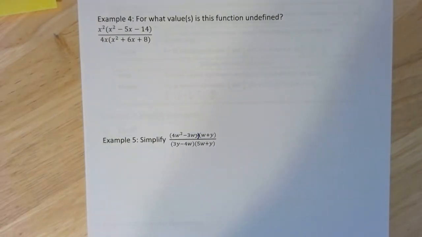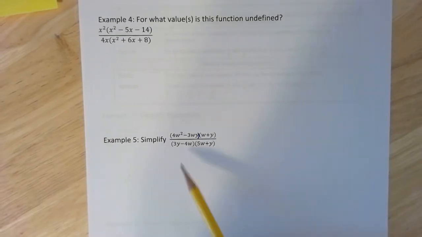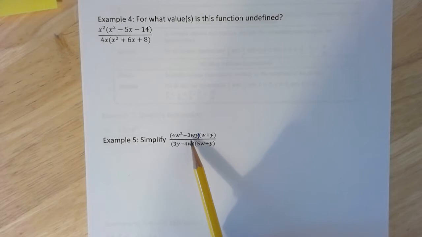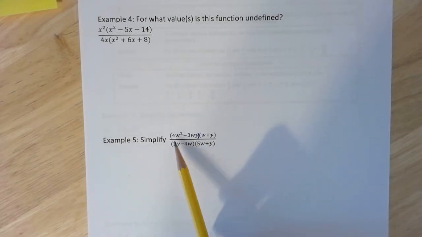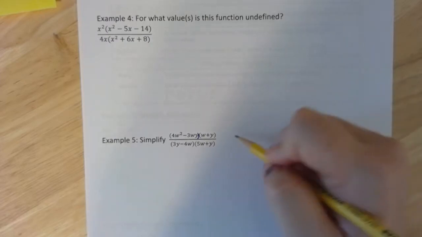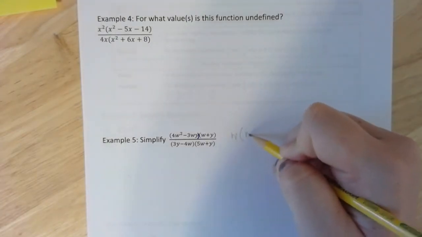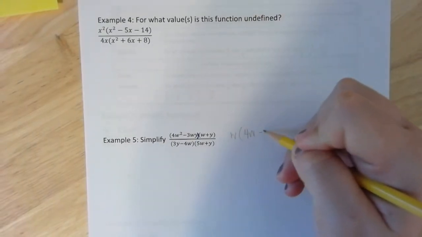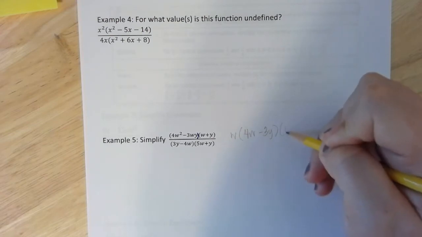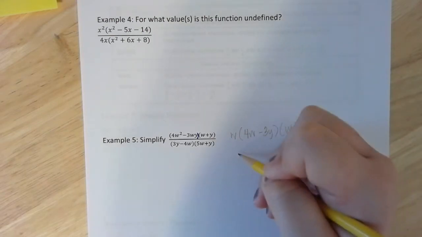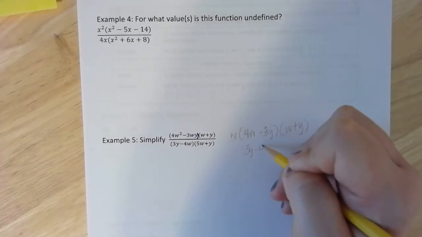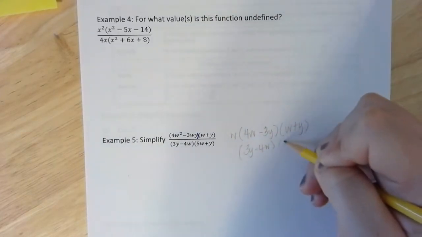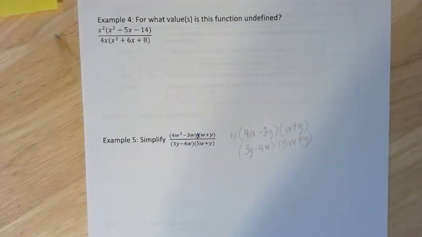So let's look at example 5. How can we do something with GCFs or factoring or anything? Only thing that I can see is in this first problem right here, 4w squared minus 3wy. They both have a w in common, so we're going to pull it out as a GCF. So pull out a w, you're left with 4w minus 3y. w plus y, and then you have a 3y minus 4w. 5w plus y. Okay, so now